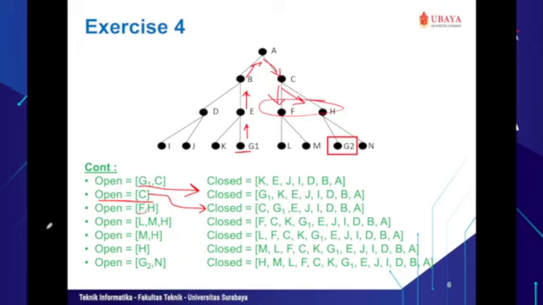And then from here, we pick node F, we move it from our open list to our closed list, and then we get nodes L and M. We put nodes L and M in front of node H. Remember, this is last in, first out. So in this case, since L is at the front of our open list, we can pick this node L, move it from the open list to